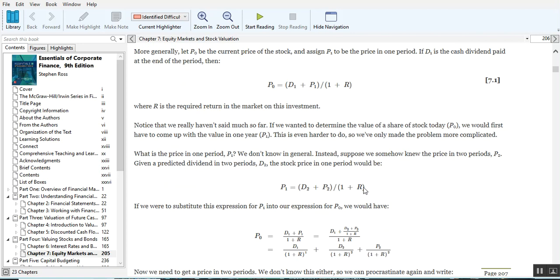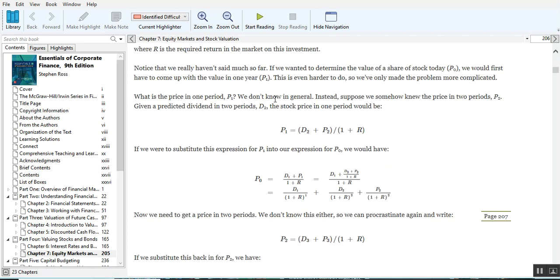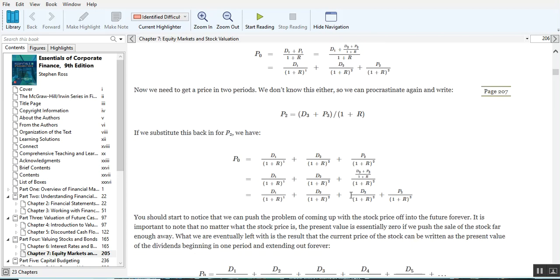That model can be used in a number of different periods. So this is the price in the original year. We can move that out to the next year if we look at the dividend in year 2 and the price that we expect to recover at the end of year 2. And that will give us, again, a different calculation for the value of the stock today. We can do that ongoing. We do that forever. We can do that for as many periods as we want,